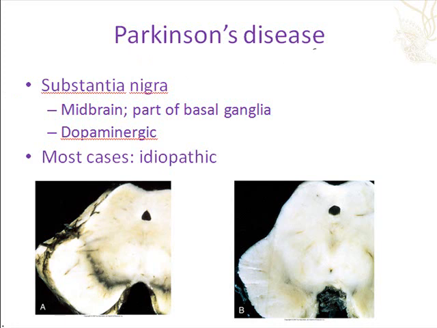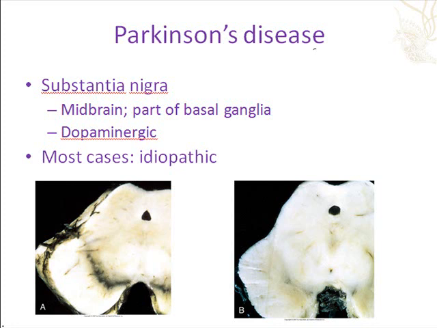The last disease I want to talk about briefly before we go on to vertebral column disorders is Parkinson's disease. Parkinson's disease is a disease in which an individual develops a very jerky walking gait. They tend to have involuntary tremors, for example, in their hands. They move really slowly. They tend to be stiff. They have sleep abnormalities, depression, fatigue. But it's principally a motor